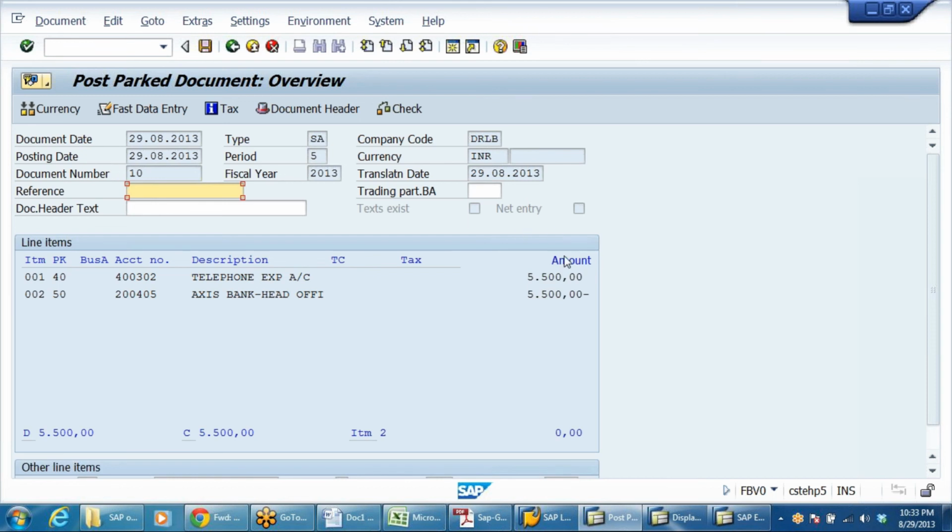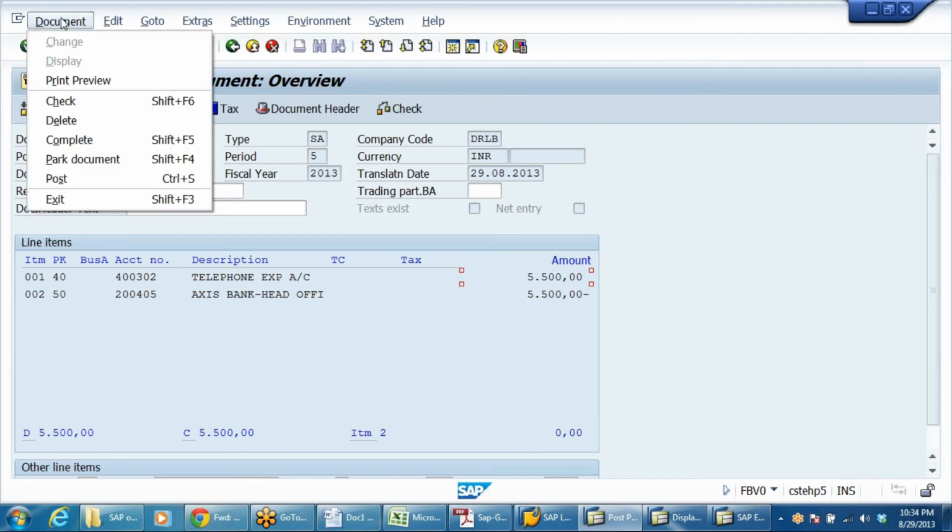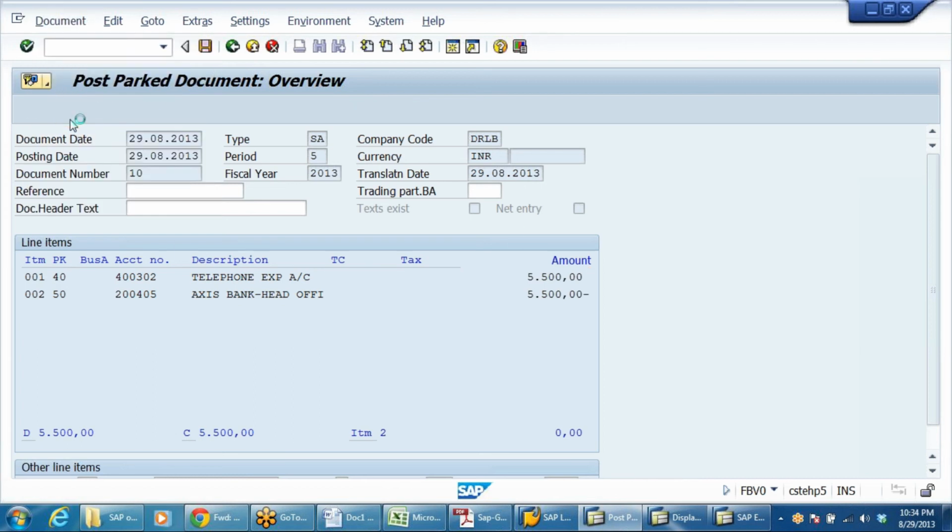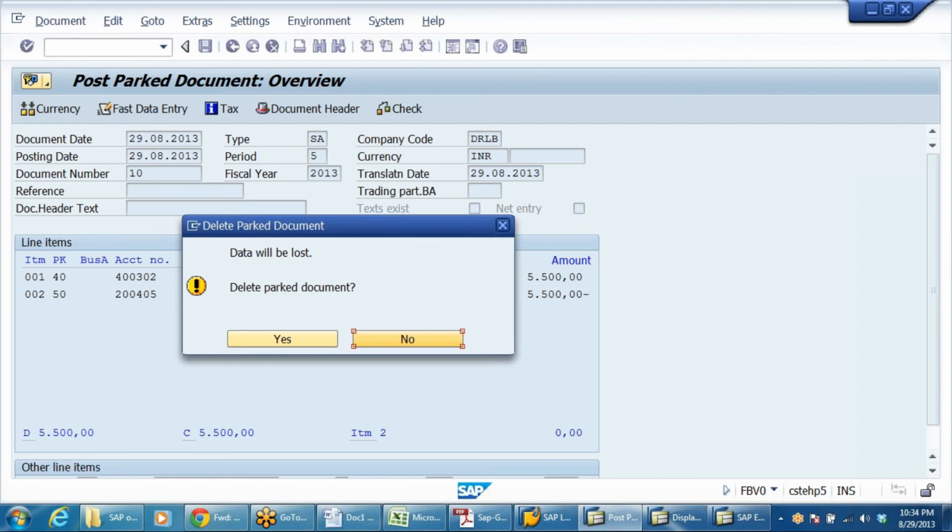Double click on this. See, I feel that the telephone bill is already posted. The accountant by mistake has posted a second entry. No, I don't want to post it. I want to delete it. I can delete it because I have seen already. Go to menu path, Document, Delete. It will caution you that data will be lost. Delete the parked document?